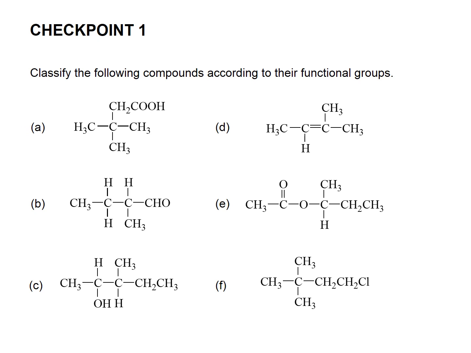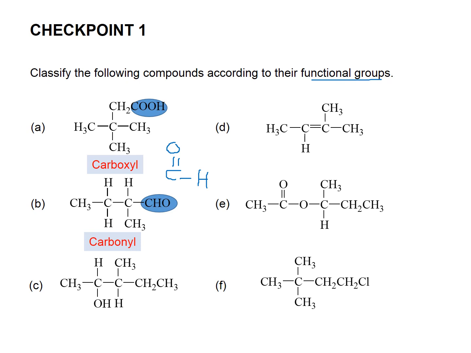flashback of the answers. Okay, so you have a C double bond OH. So, this is a carboxylic acid. Dia nak functional group. Okay, functional group. So, this is a carboxyl. So, yang ni functional group dia dekat sini. Ni ialah aldehyde. Sebab C double bond O. Lepas tu ada H kat tepi tu. So, this is an aldehyde. So, the functional group of aldehyde is carbonyl.